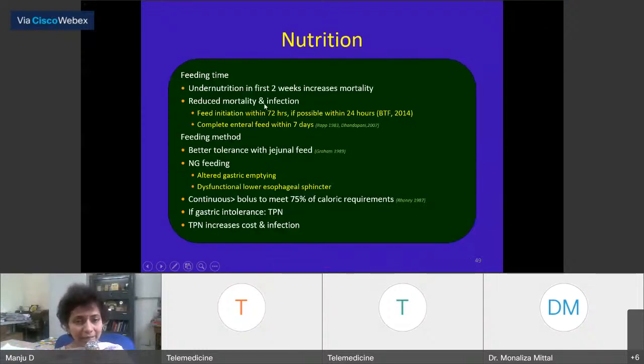When we talk about feeding time, initiate within 24 hours and attain complete nutrition within 72 hours, or at least within 7 days. For feeding method, jejunal feed or orogastric or nasogastric feeding is preferred as compared to total parenteral nutrition. Then we gradually bring the patient to the normal physiological pattern of feeding. There is also continuous versus bolus versus intermittent feeding. Continuous is not recommended because it doesn't match normal physiology. Maybe in the initial period we can go for continuous, where we give feed like IV fluid, for better tolerance, but gradually we bring the patient back to bolus, which is more physiological. Only if there is severe intolerance do we go ahead with